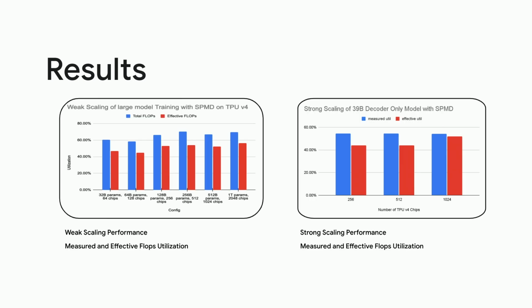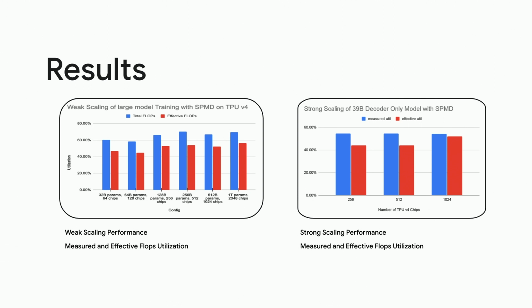And here are some of the results from the experiments using XLA SPMD on various device and model configurations. On the y-axis, we show the measured and the effective floating point operations, or flops, achieved expressed as utilizations of hardware peak flops. Measured and effective utilization differ because additional multiplication done for activation rematerialization is not useful. Therefore, effective flops should be considered while measuring the efficiency of the hardware. On the x-axis, we show various TPU-v4 cluster sizes expressed in number of chips.